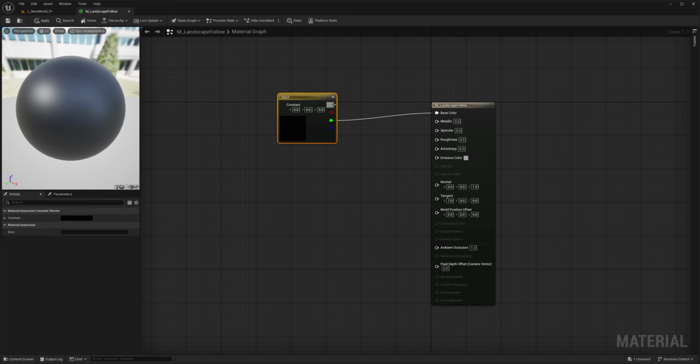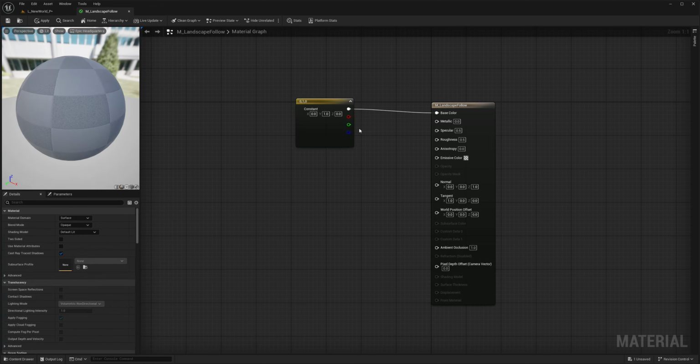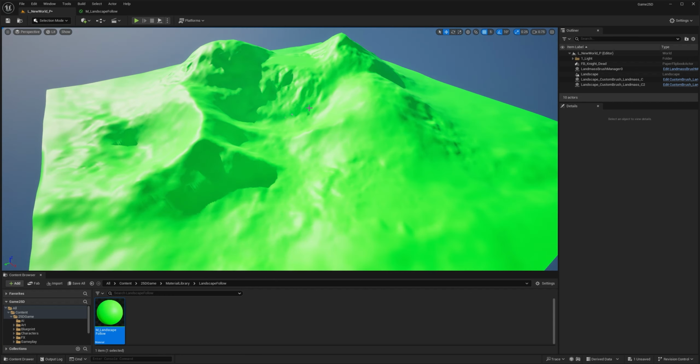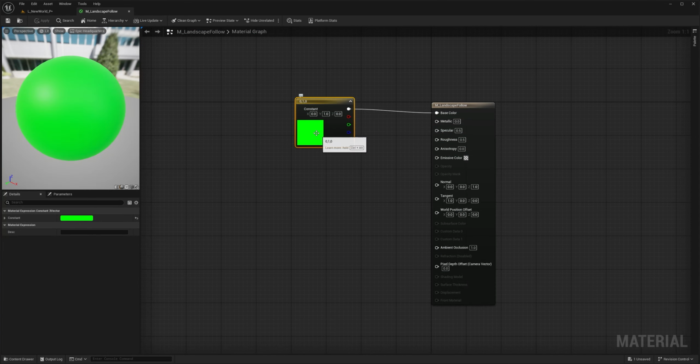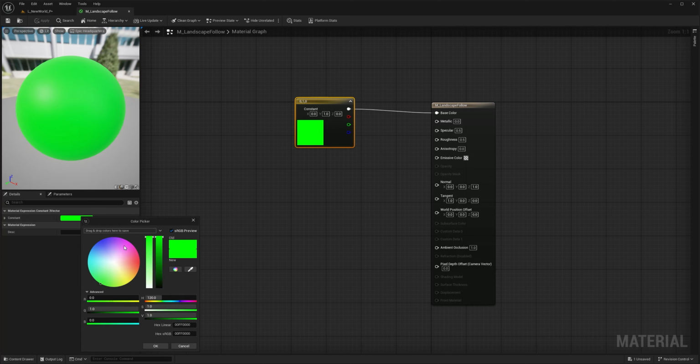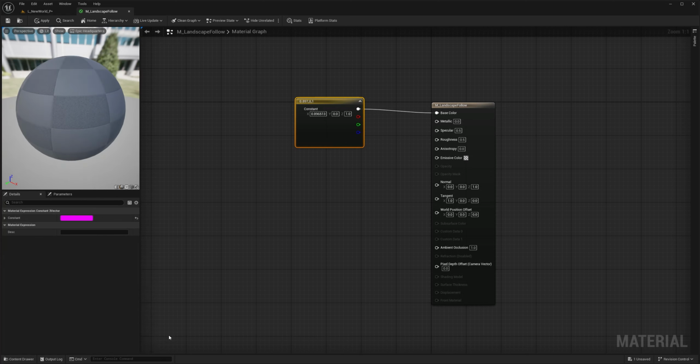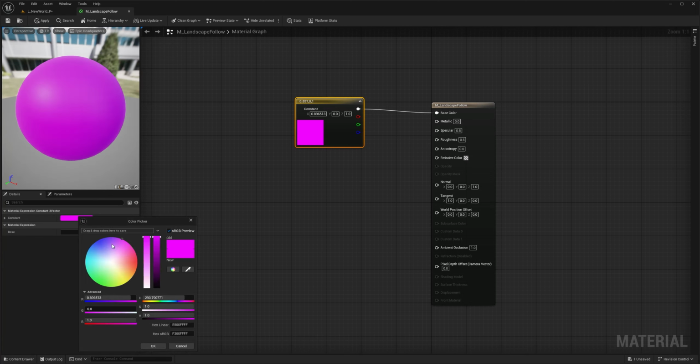So in order to do that, I need to pull from the first one. That's RGB. So RGB to basic color. And if I go to the second data here and put 1, that's the green channel. So now my sphere is green, which means if I save this, my landscape is also going to be green. Pretty cool. I can always change the color by selecting it and going to the details here and changing the information there too.